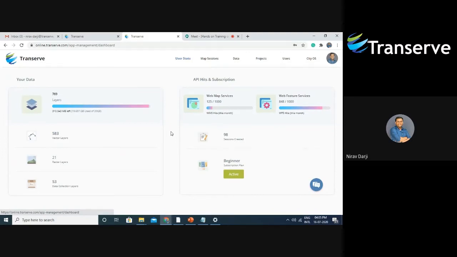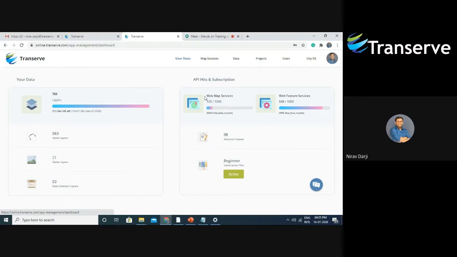As per the subscription plan, you have a space of 20 GB. You can see on my screen, I have around 500 plus vector layers added, around 20 plus raster layers already imported on the platform. I've also created some forms, around 50 plus. These forms are used for the field survey.